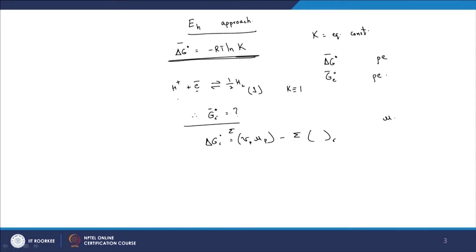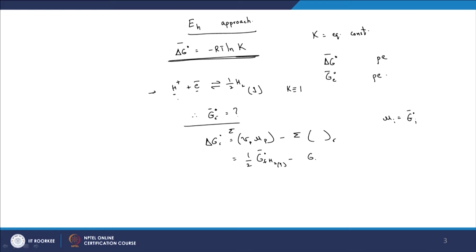And again, chemical potential was nothing but also equal to the molar Gibbs energy of that particular element or compound, molar Gibbs energy of formation if required, right. So how do we apply this to this particular equation now? Here it is going to be half times Gibbs formation, let us say standard condition H2, right, hydrogen in the gaseous state,